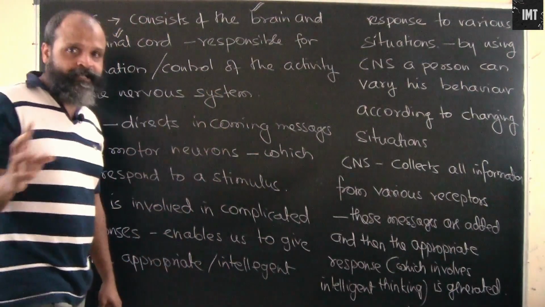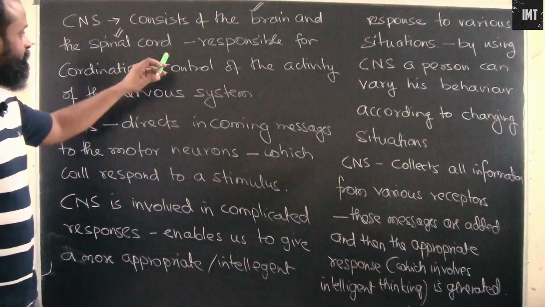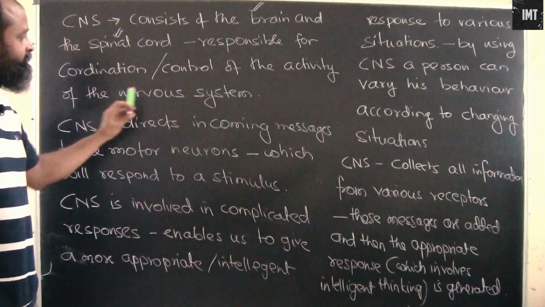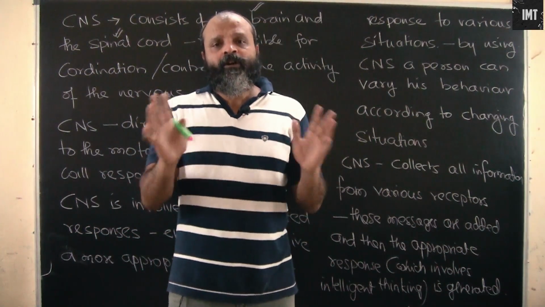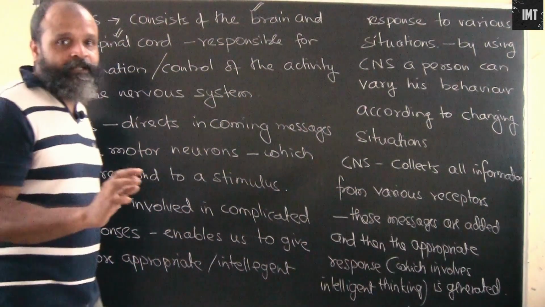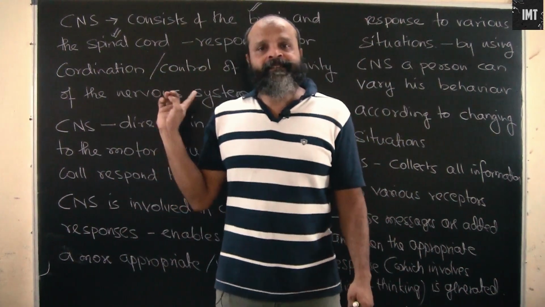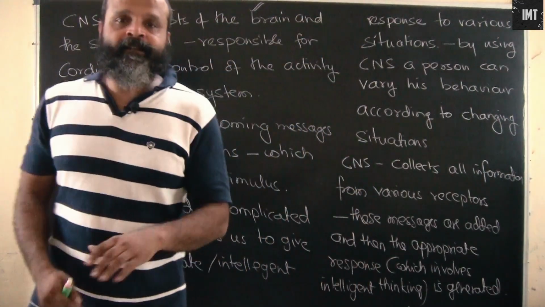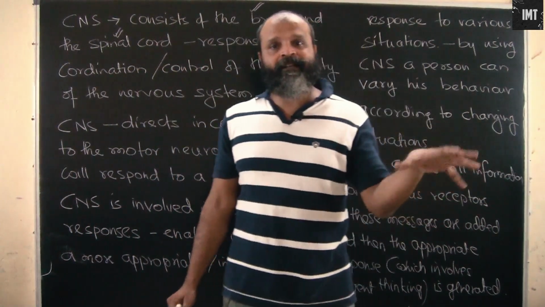We will consider an example. First we will consider the theory part, and then we will refresh it with an example. The central nervous system is responsible for the control and coordination of the various activities of the nervous system. It's like the main office for all types of responses which are generated. In this one, there is a thinking process involved in the response that we generate for a stimulus happening in the environment.